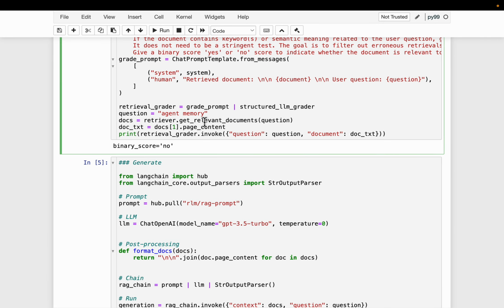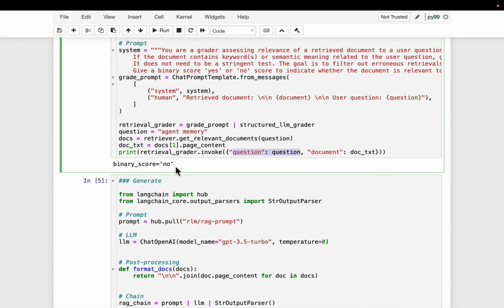So it retrieved 5 documents. Now we take the very first document. This is the content of the first document, and we are invoking the retriever grader. We need to provide a question as well as the document. It came back saying the retrieved document is not relevant to agent memory, which is good.